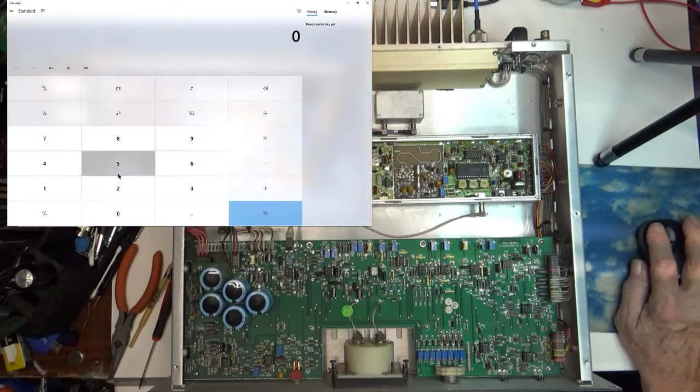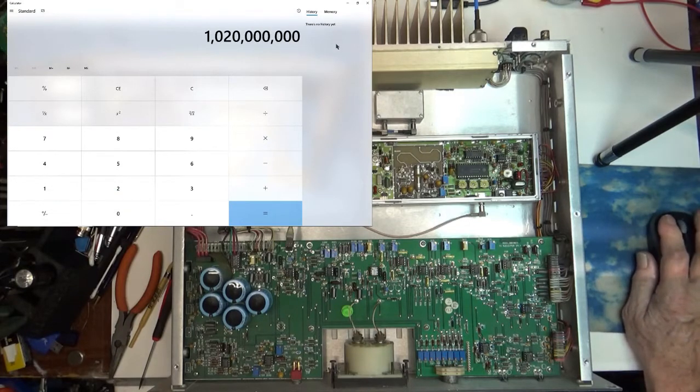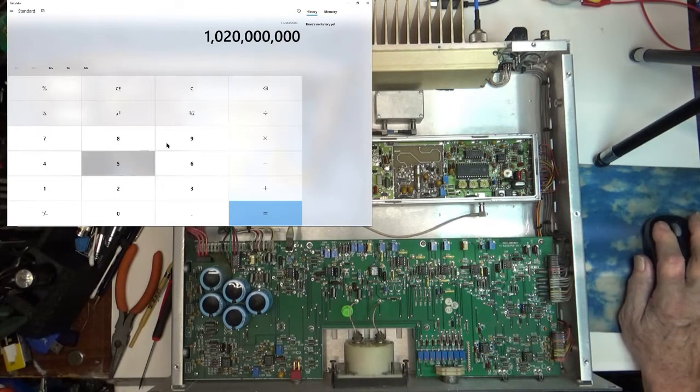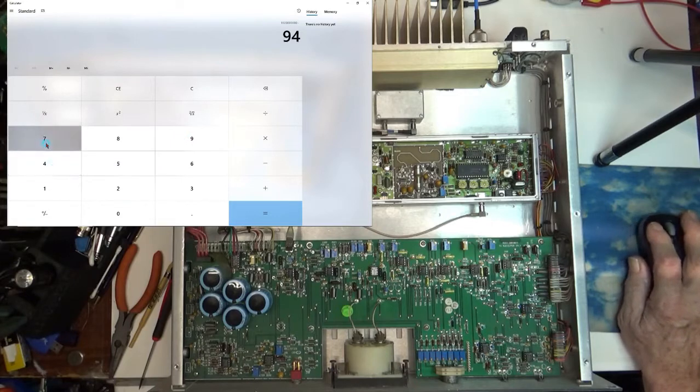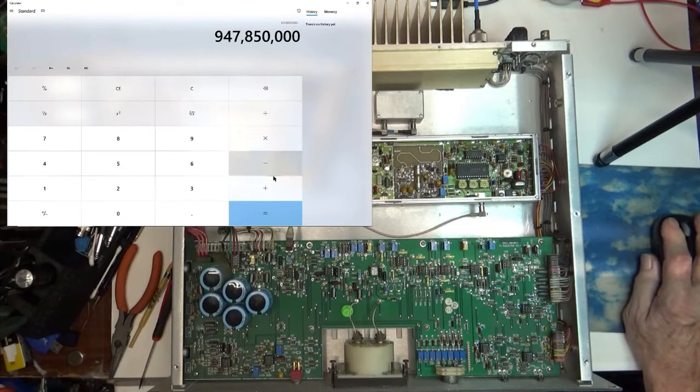We've got 1,020,000,000 hertz minus 947.850, and that gives us